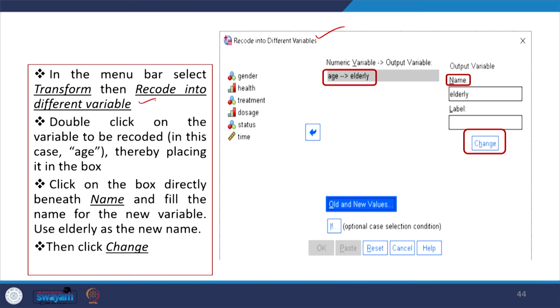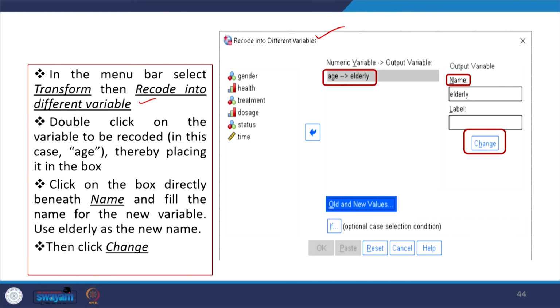Then double click on the variable to be recoded, that is the variable you want to recode. You can simply double click on it and it will come over here on the screen. In this case we have used age, and we have kept it in the box.